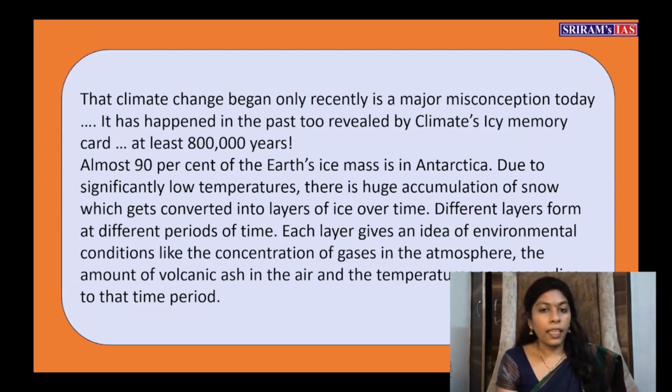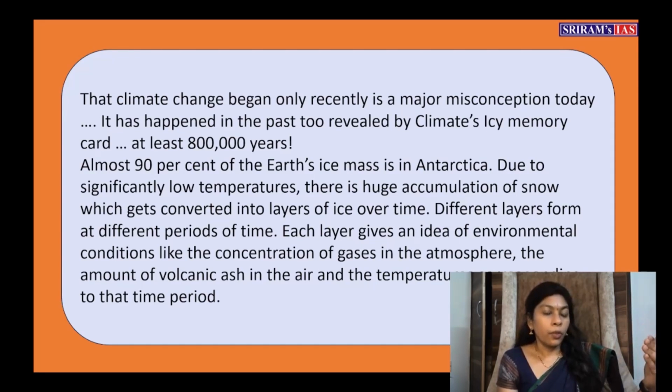As we all know, in Antarctica, because of the low temperature prevailing there, the ice mass gets accumulated. The ice, the snow starts to accumulate and converts into layers like a sheet, layers of ice, so it becomes very thick. Every layer is formed at different periods of time. Starting from long back, these sheets start forming layer after layer, and every layer of ice sheet gives us an idea of the environmental conditions which prevailed during the respective